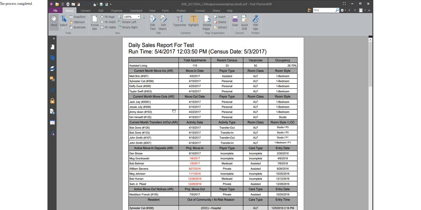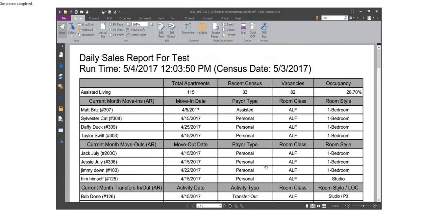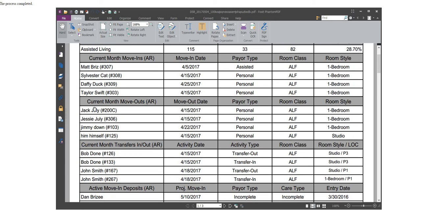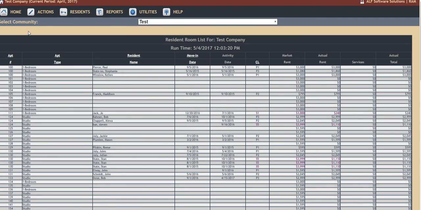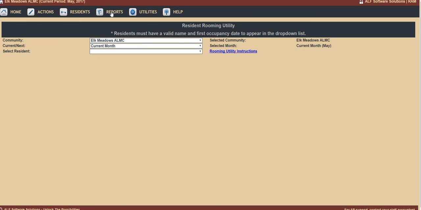Okay, here it comes. Okay. So Mr. July here is now showing as a move out on 4/15 on room 200C. Okay? Very simple. One step, one process move out using the rooming utility. And the third most used transaction is, well, actually, let's go back to the rooming